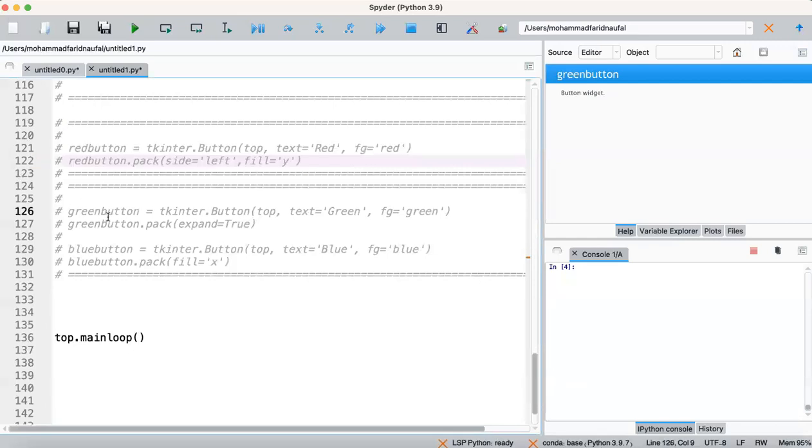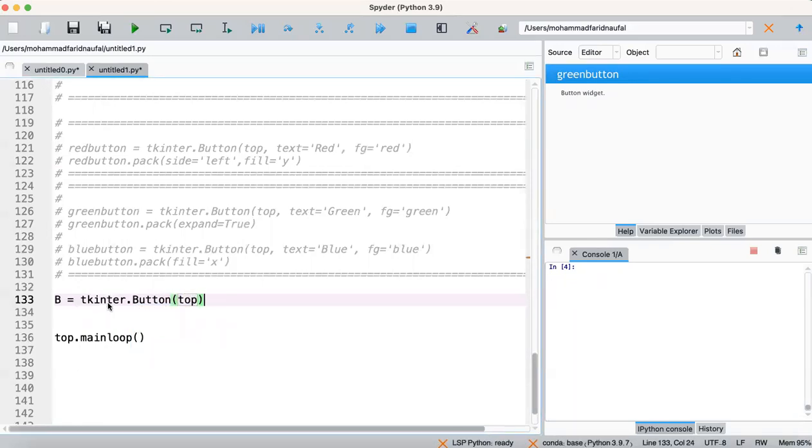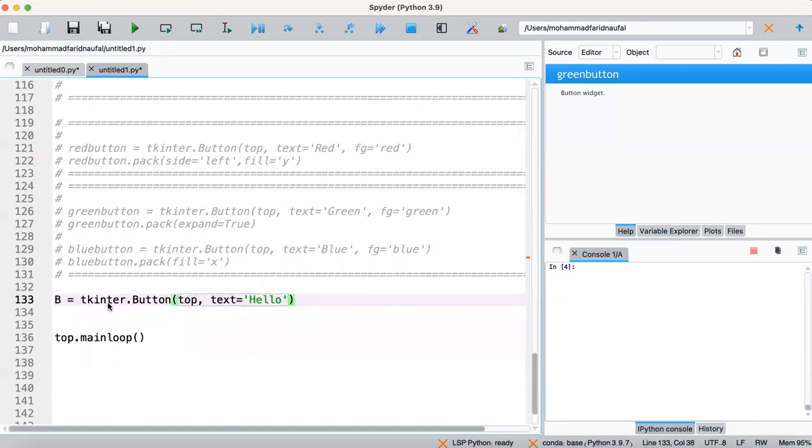So this one I will create the button here. I will use the place method. We create b equal tkinter dot Button, then we place it into top, then for the text equal Hello, and we will call the b dot place method.